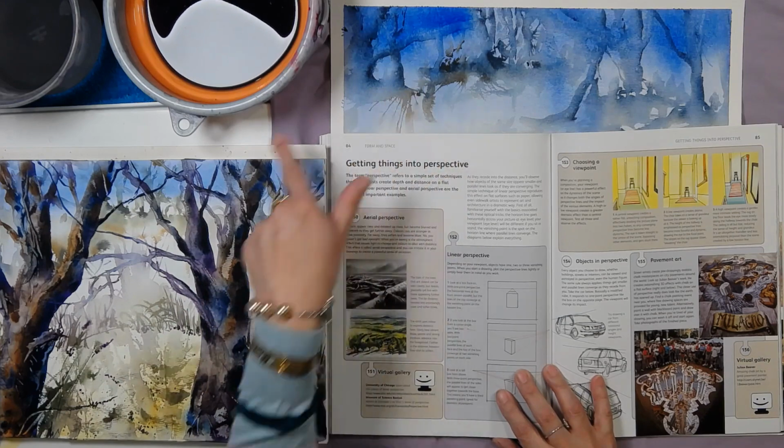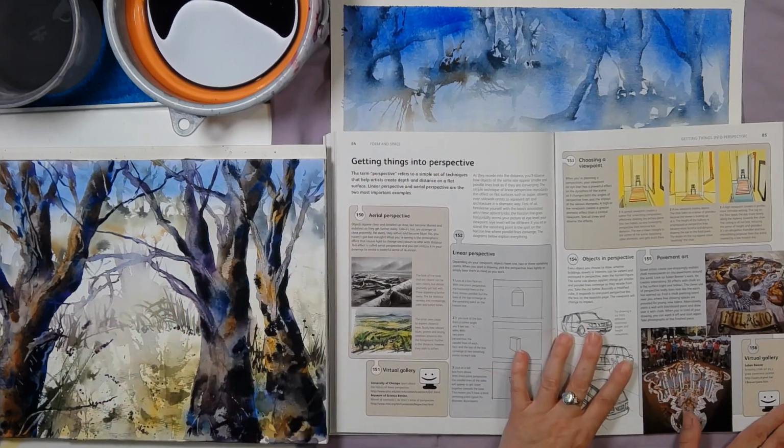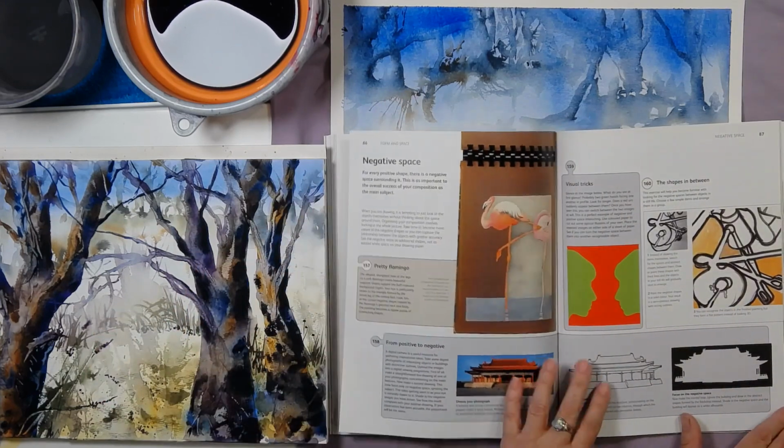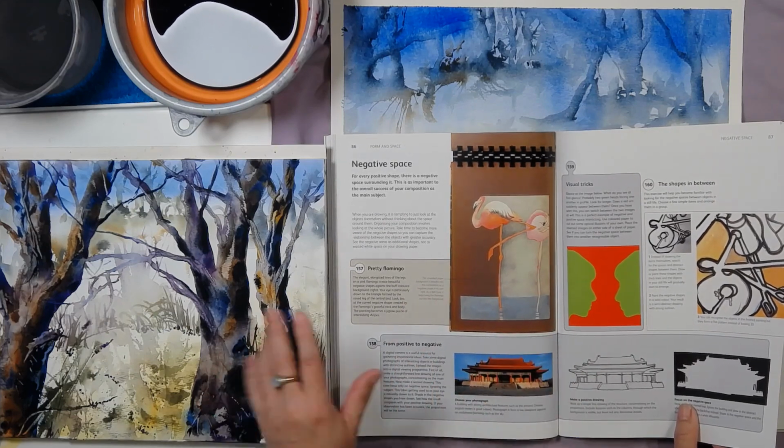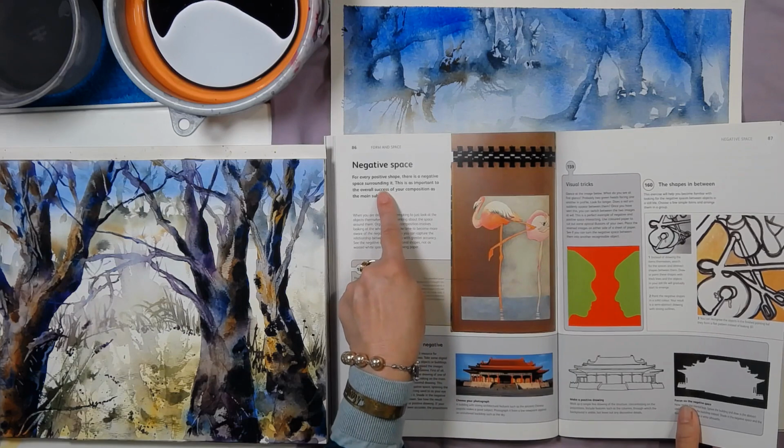So I'll just talk about those a little bit more at the ending, because I want to flick through the rest of the book in case you're interested in just seeing the book before I talk about my stuff. It's got a beautiful section